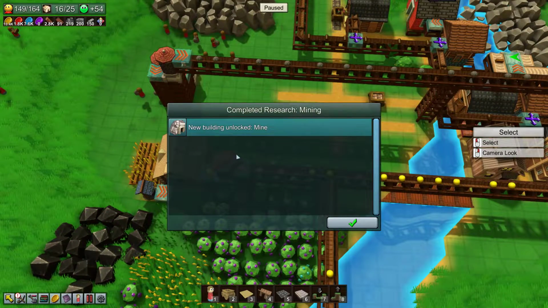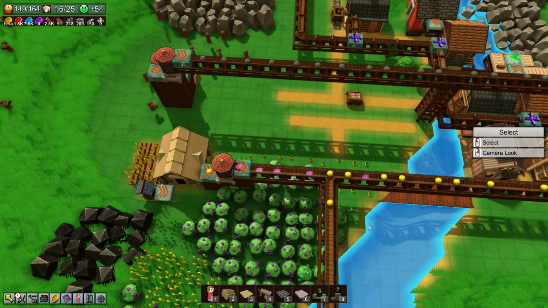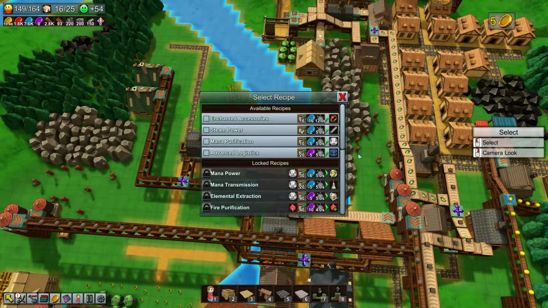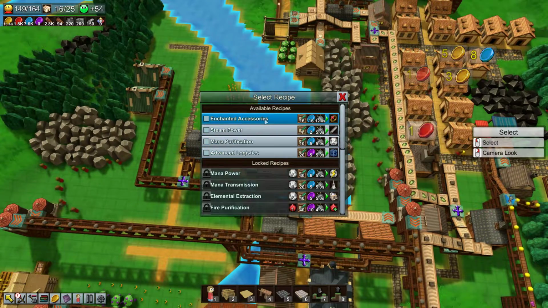Still taking its sweet time. Oh, but we just unlocked the mine. Fantastic. Can I get a continuous supply of stone if we so desire? Though right now we have enough. Okay. What to do